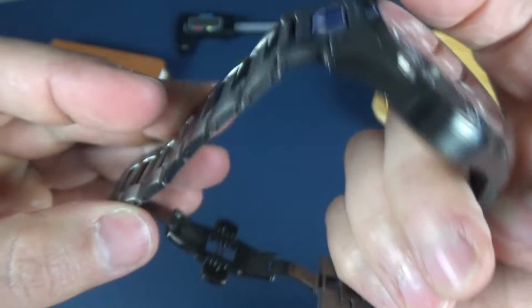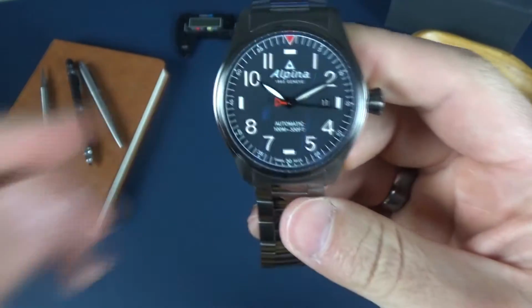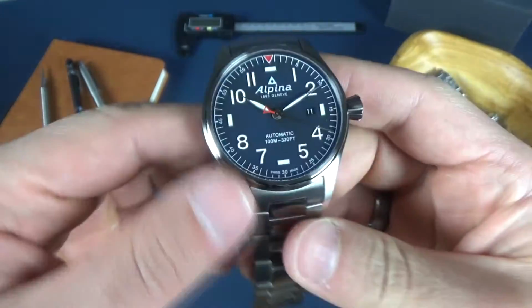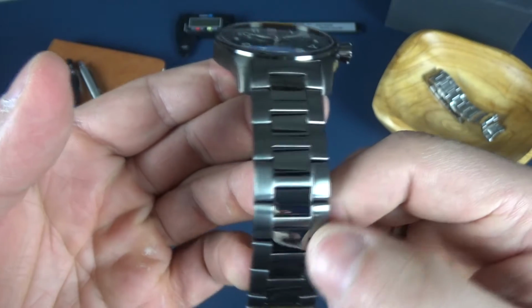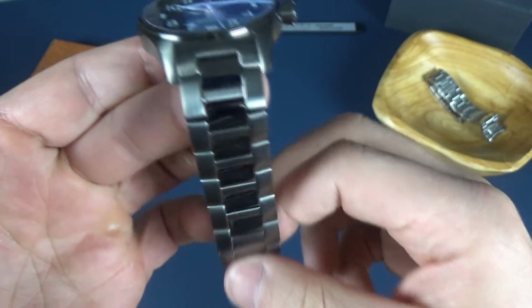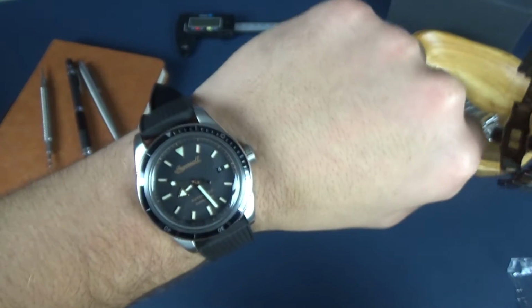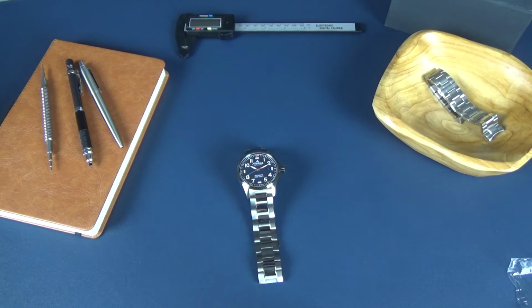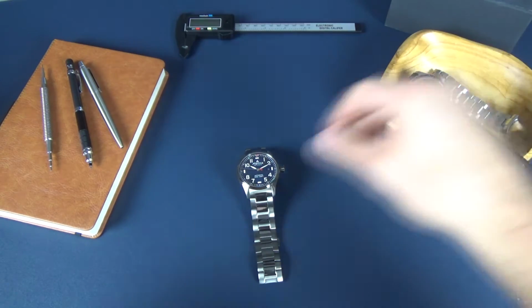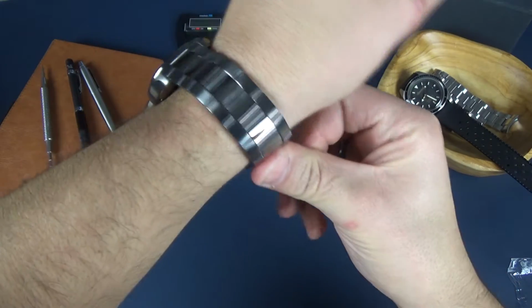The bracelet feels slightly cheap. I don't know if it's just because how thin it is. And this is actually like a gray, they call it. It's not black. In the pictures it looked black, but this is more titanium gray. Very nice polishing on the center lugs there. Brushed on the side, but whatever, we'll get into that when I do the review. Let me go ahead and pop it on wrist. I have more in my Ingersoll right now. So let me go ahead and take that off and then I'll pop this on. I'm not gonna size it up right now, but